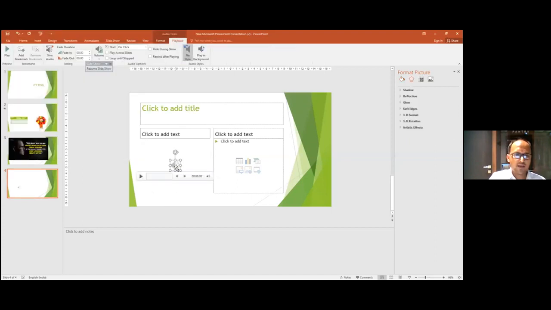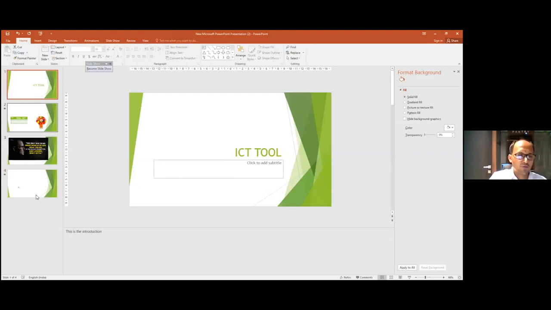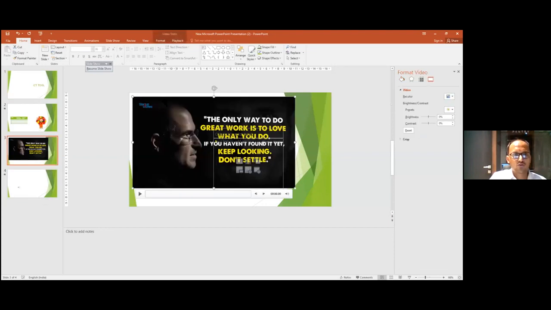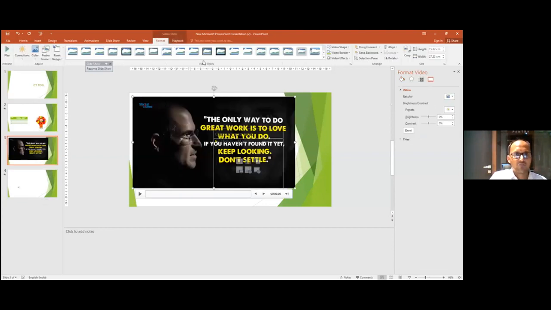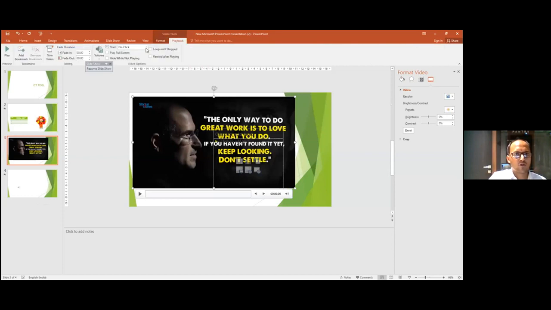Once the audio is there, you can click on it to play, or you can choose an option in the presentation, here there is an option, the audio will automatically start once you are on that particular screen. For example, I have chosen this automatic start of audio. So that audio will automatically start once I reach that screen. Similarly, for the video, if I choose this option over here, that playback, rather than going on click, if we choose automatically, whenever I reach that slide, the video will automatically start.